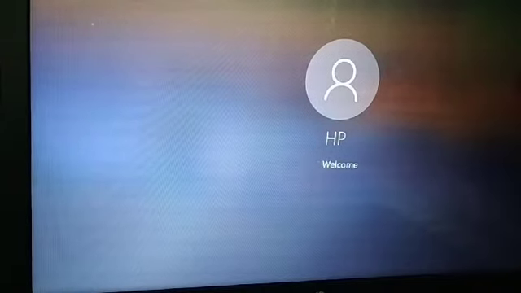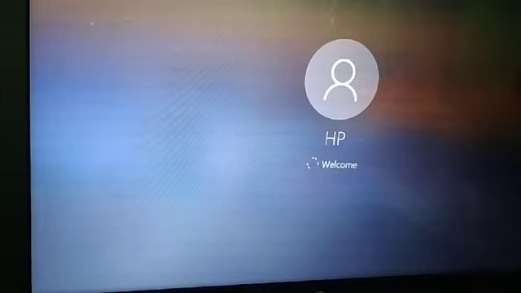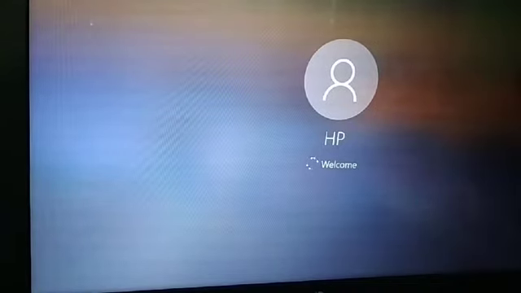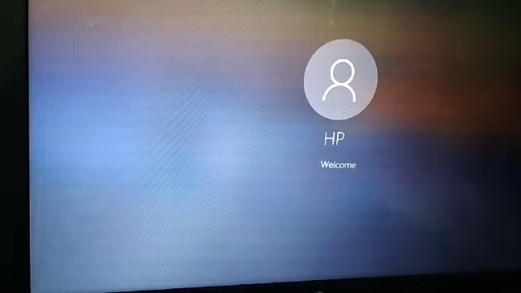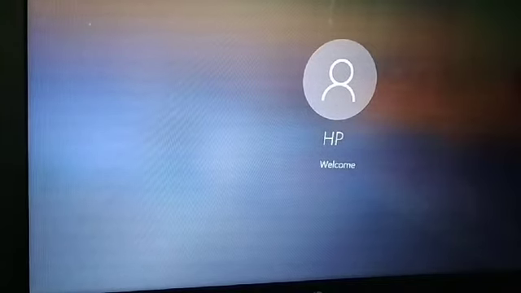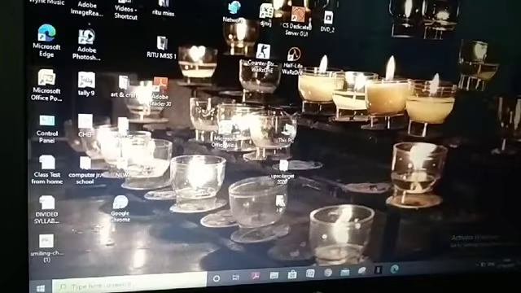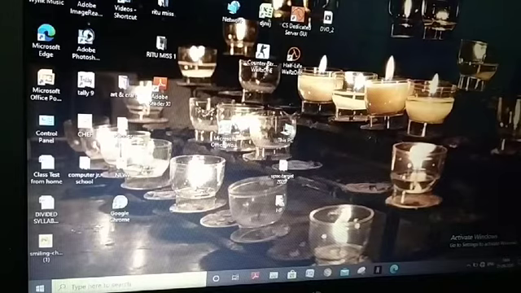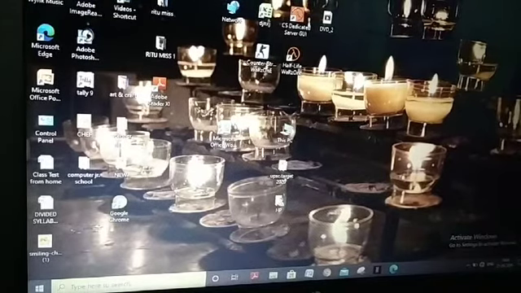Now the computer is loading all the operating system files into the computer's main memory, RAM. Then the computer shows us the first screen, desktop. This is called desktop. Understood booting process?